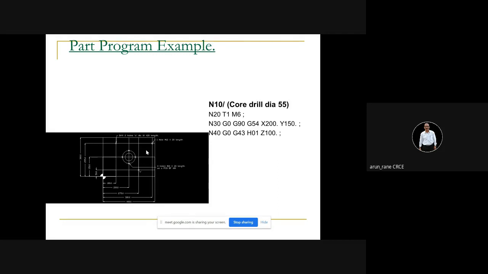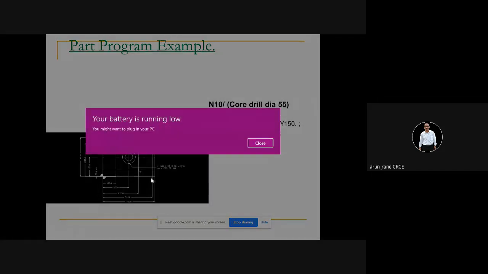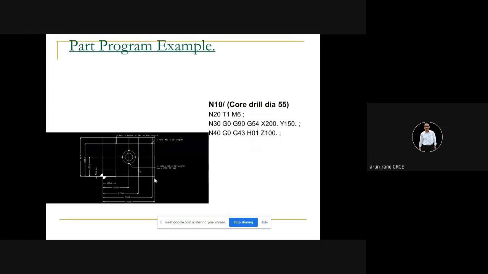So we keep a very small piece of paper and just slide it in, and keep on touching with the tool. The moment the paper is not sliding, we assume that the tool has touched. Generally the paper thickness is 20 to 50 microns, so that much error you can add in tool offset.